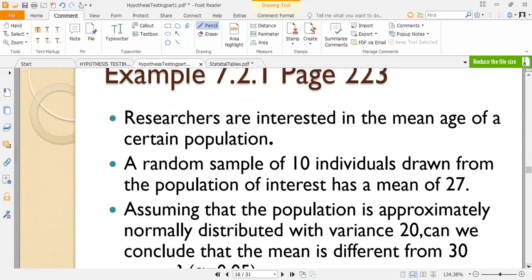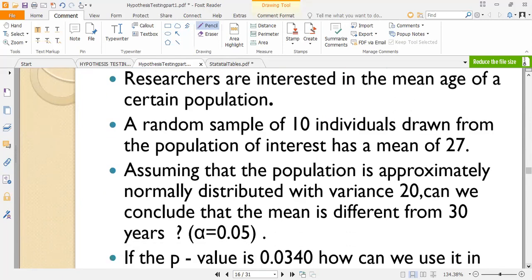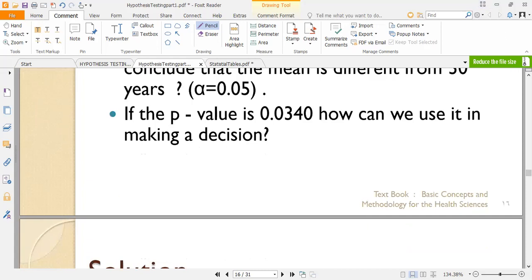So we're going to look at an example. I need you to deduce and tell me whether we are going to reject or fail to reject, whether it's a two-tailed test or a single-tailed test. So in this question here,